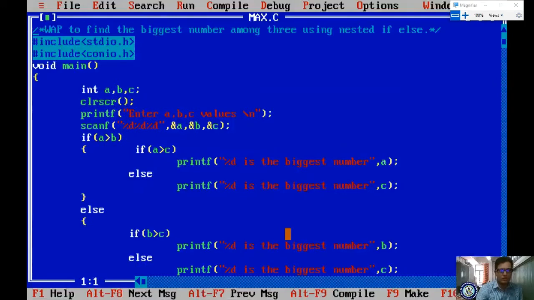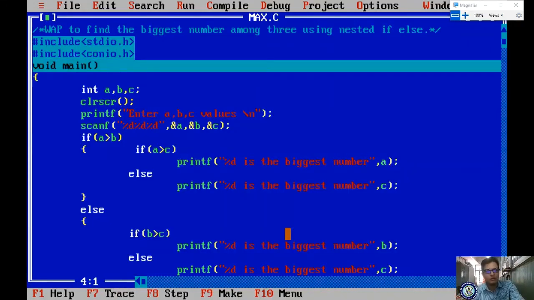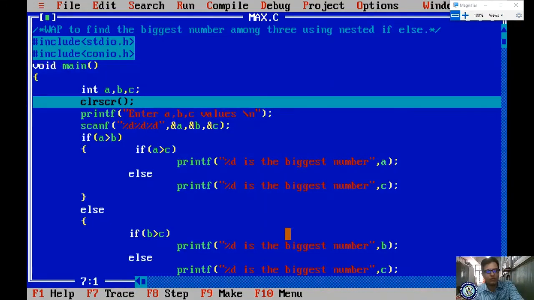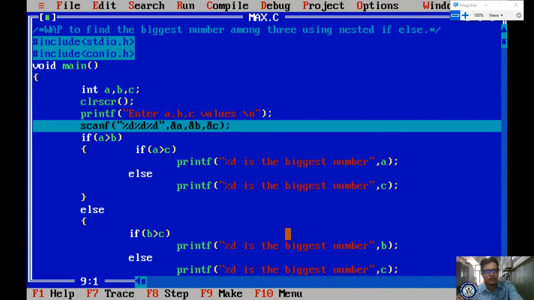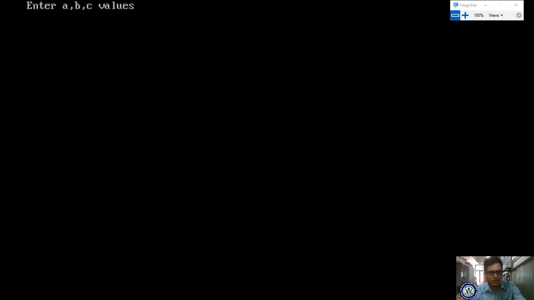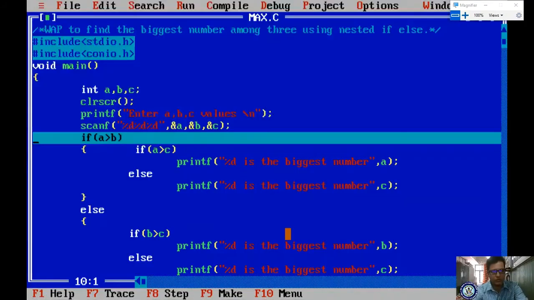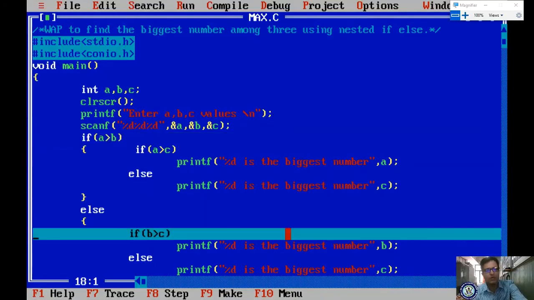To understand better, I am using the F7 function. We know how the control will flow. If I press F7, every program starts from the main function. After the variable declaration, it comes to the printf function and scanf to read the values. I'm reading 10. Already you know. I'm entering once again to see how it executes. Now I'm pressing F7. 10 greater than 20, condition is false. Immediately it will come to the else block.